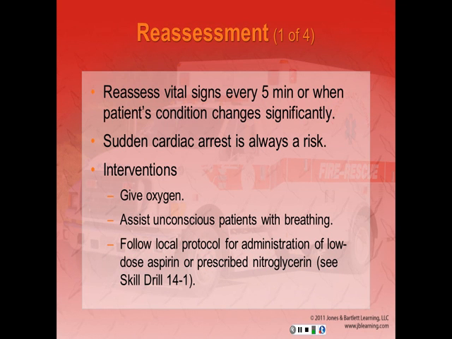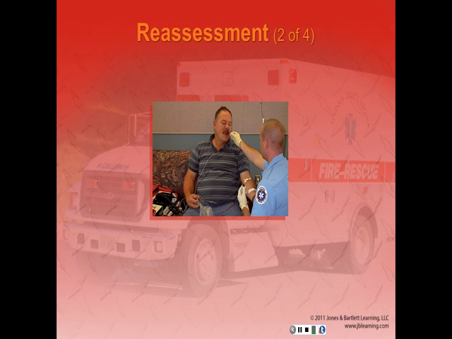The available forms are a sublingual pill or a sublingual spray, and agencies vary in what they carry, and there's also the skin patch applied to the chest. The indications for nitroglycerin are ischemic pain, pulmonary edema, acute angina, or CHF. The contraindications are, after administering nitroglycerin, if the patient's blood pressure is less than 100 millimeters of mercury, do not